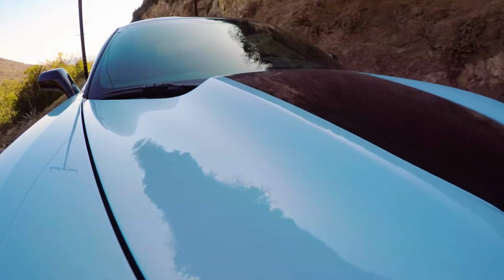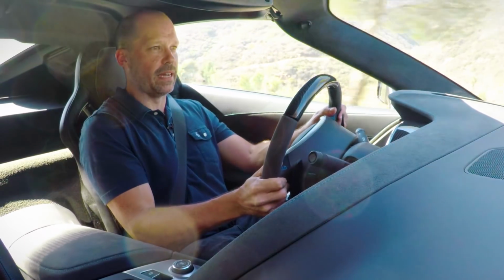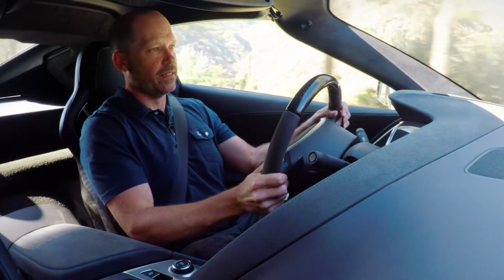This is the best V8 you can buy right now. I don't care what Mercedes has to offer. I don't care what Aston Martin has. This V8 engine is just...